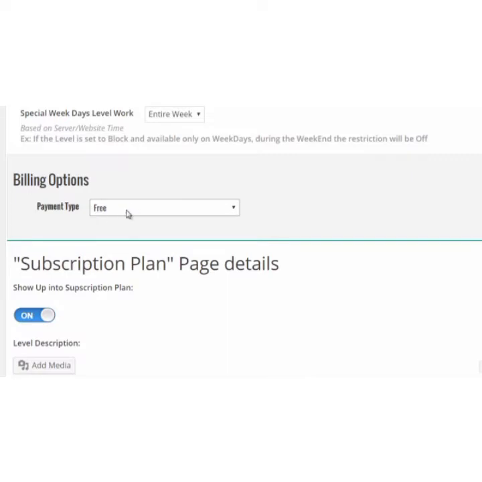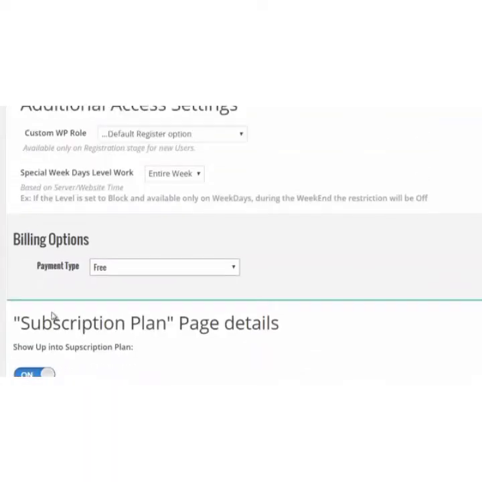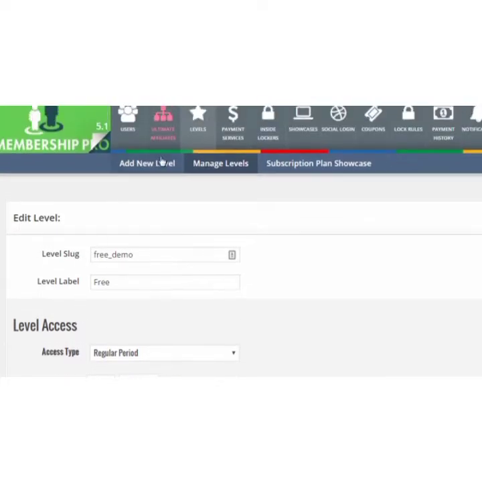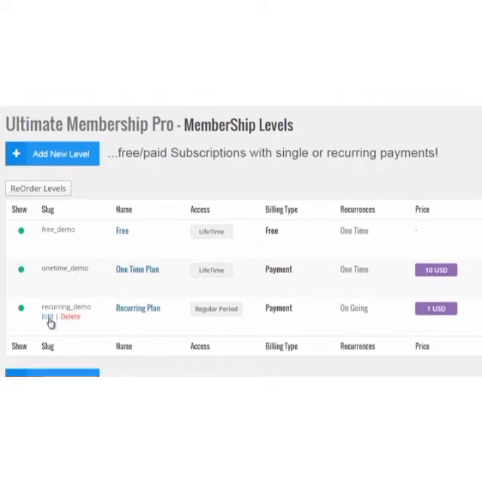So I'm going to show you that in just a minute when we go to a paid level. But right now we are under the free level. So as you can see here, if we move back up to the top and we go back to levels, and let's go ahead and choose the recurring level,